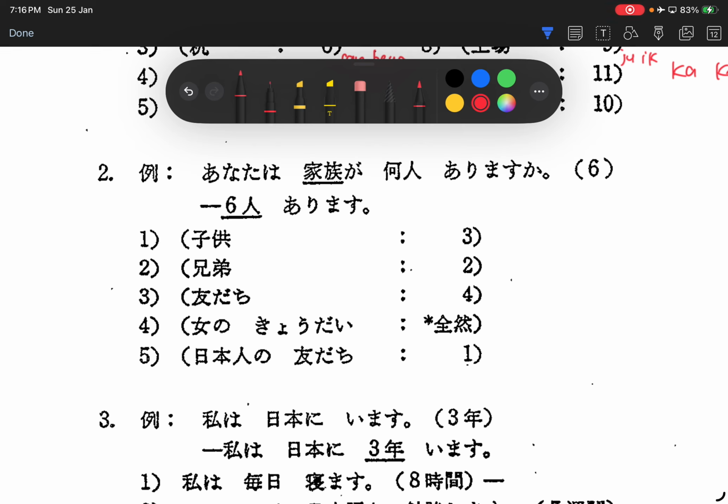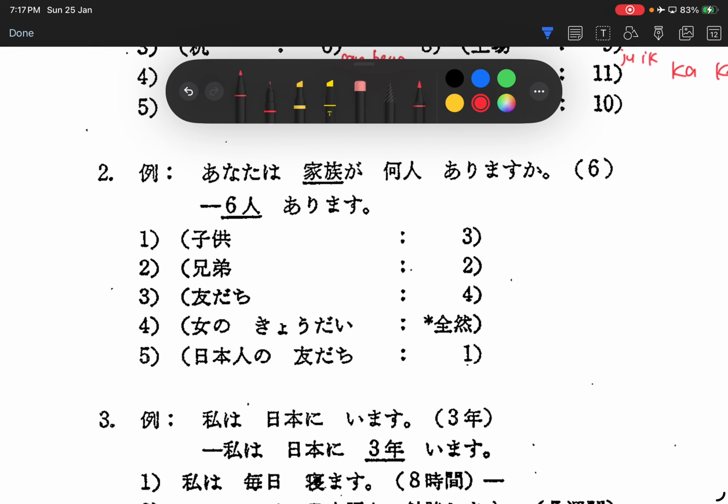Alright, next number 3. 友達が何人ありますか? 4人あります。Not 4人. Please take note. 4人あります。女の兄弟が何人ありますか? 全然。根本没有。何もありません。We don't use 何も. The answer here, they ask you to use the asterisk 全然. So can you use 全然? 全然あります。全然 must use with negative. 全然ありません。Yes, 根本没有。I told you already, 根本没有，完全没有。